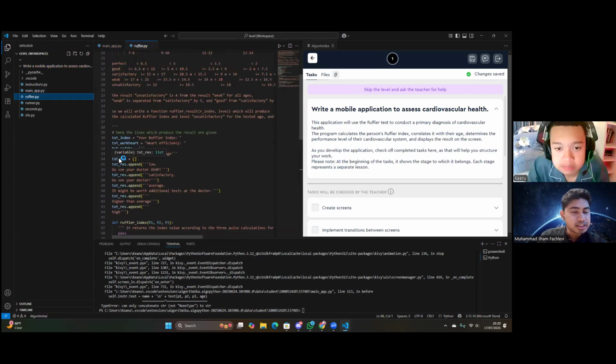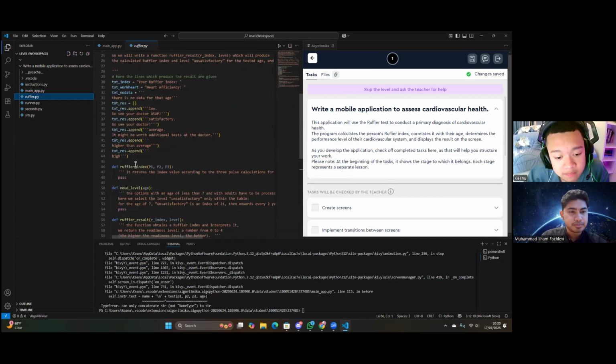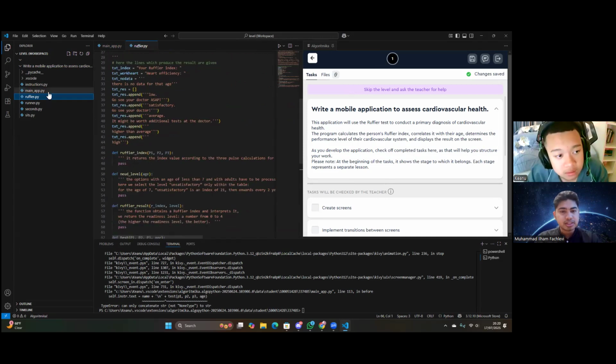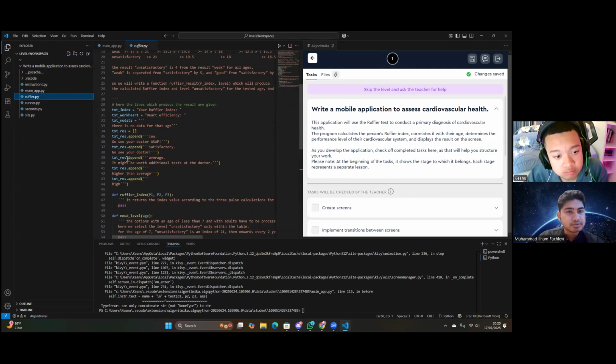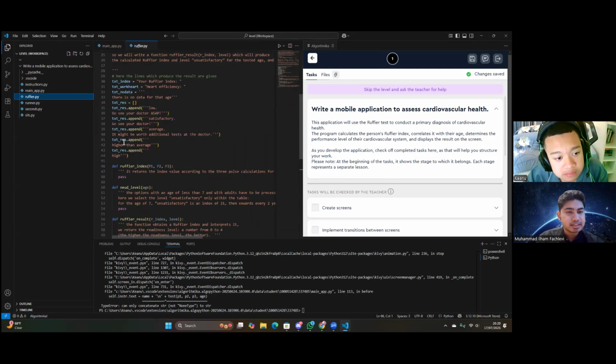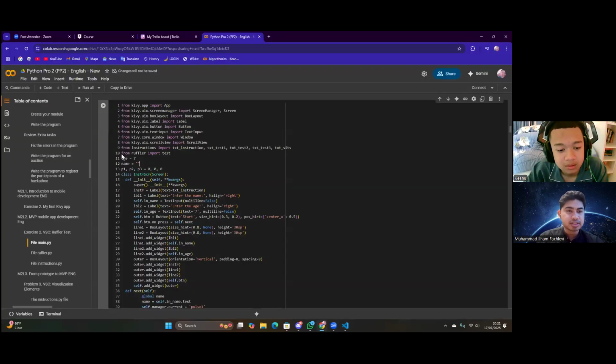Okay, so we need to replace the pass. As you can see, we have so many pass statements right there on line 48 and so on. We need to replace that using VS Code. You can check the Visual Studio Code. On these functions, on line 48, there's pass. So we need to replace that pass with the formula. Let's go to Visual Studio Code, go back, and copy exactly what's in that function.